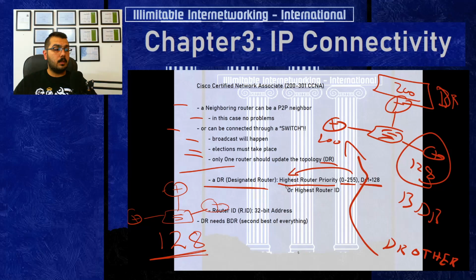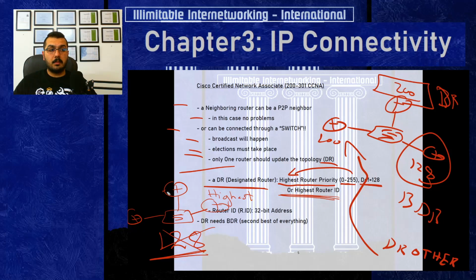So how will we solve this? There is a tiebreaker called the highest router ID. If all of these router priorities were equal, then OSPF will not make any use of this number. It will compare between the router IDs of these routers. The router ID is the highest router IP